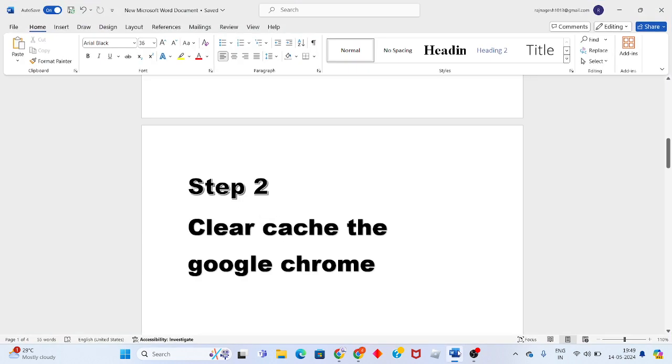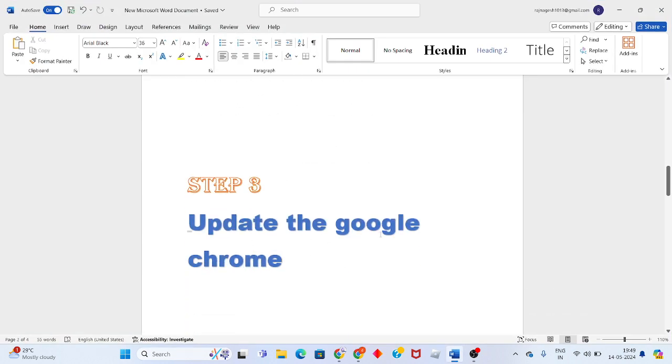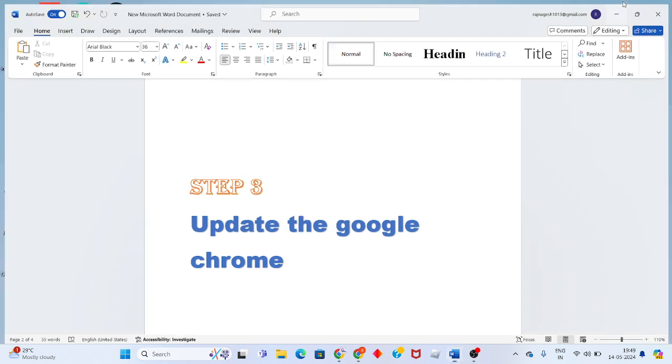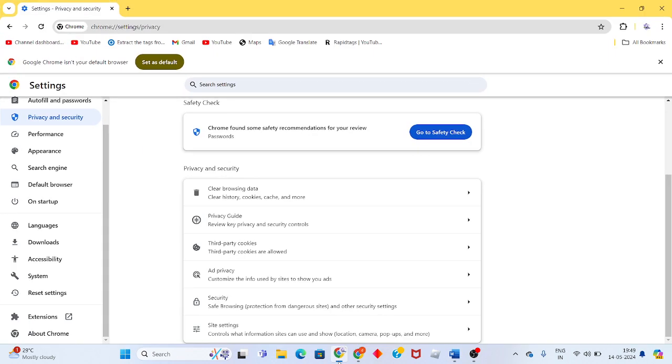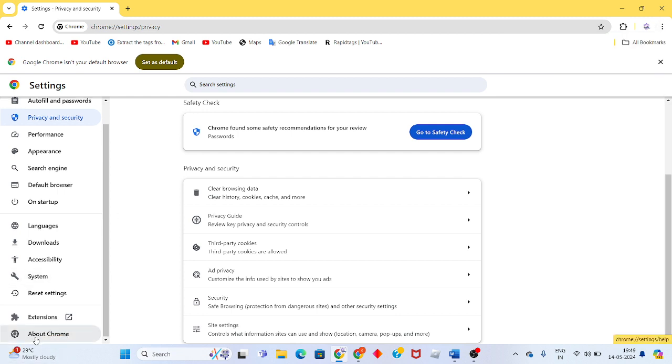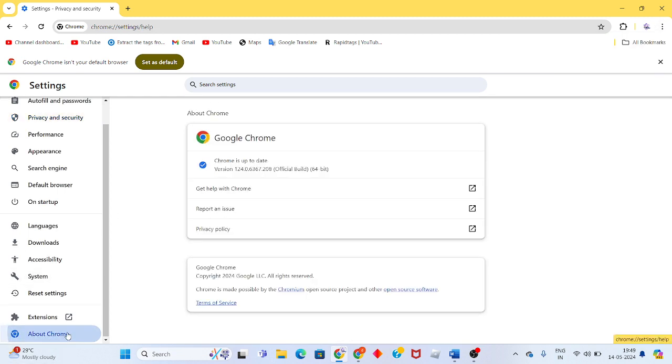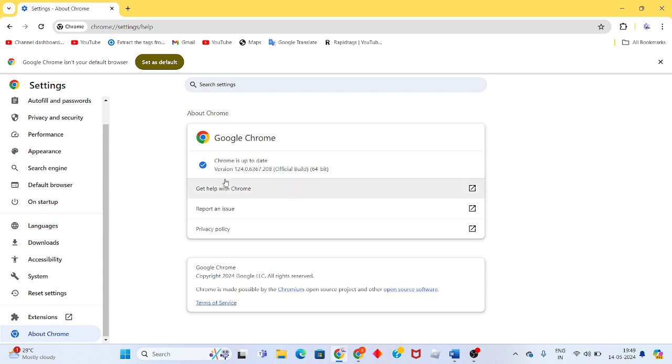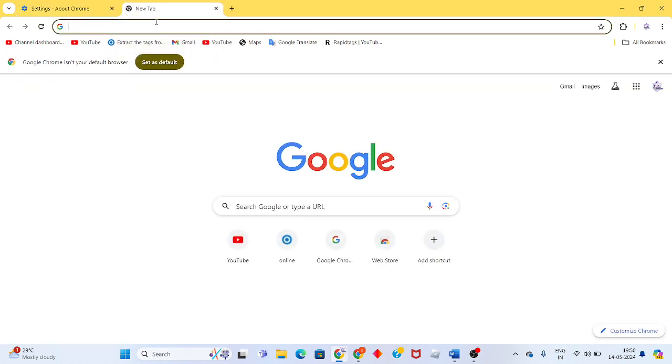Then go to the third step, update Google Chrome. If any update is pending, Google Chrome will get updated. Use the same method: click the triple dot, then click settings. At the same time, click about Chrome. Check whether any update is pending, and click to get the update. Okay. Or if it is not updated, click the plus icon, then search